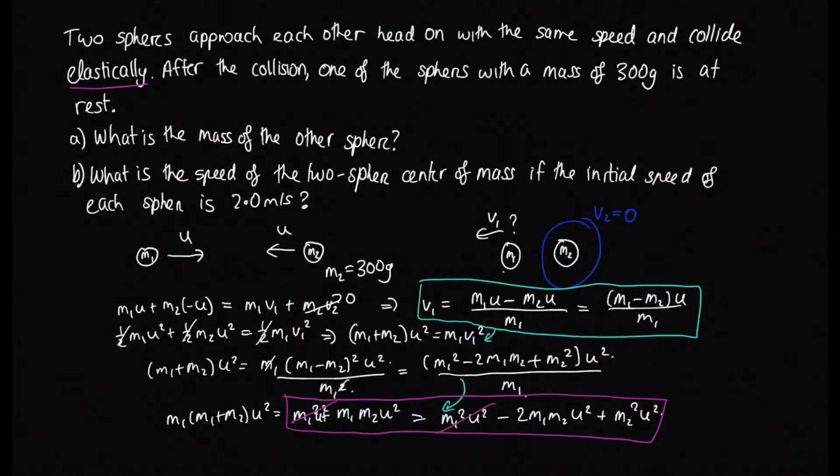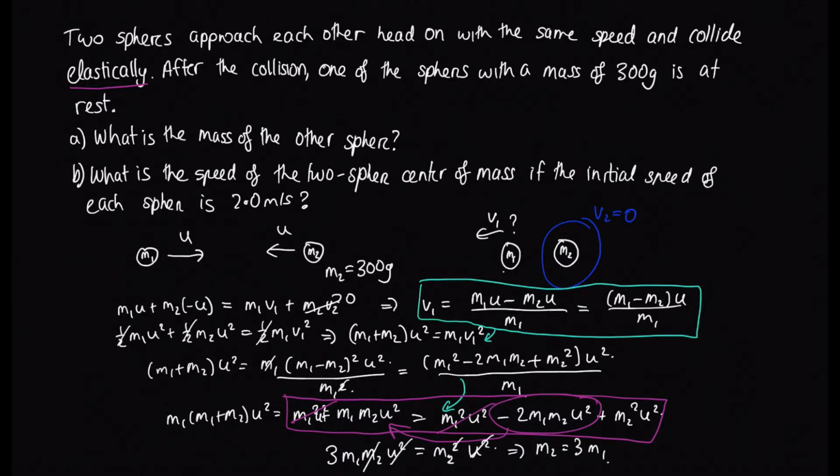So let's write this as, we shall now move this part over to this side. There's two of this term here and then there's one of them here, so they add together and we get 3 m1 m2 u squared is equal to m2 squared u squared. The u squareds cancel out, one of these m2s cancels out, and we end up with m2 is equal to